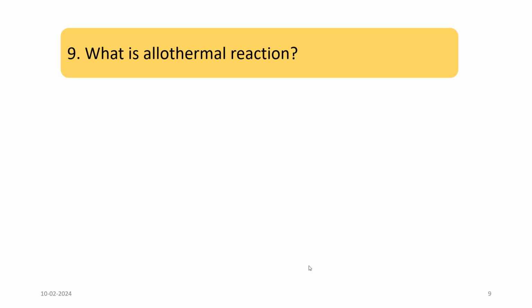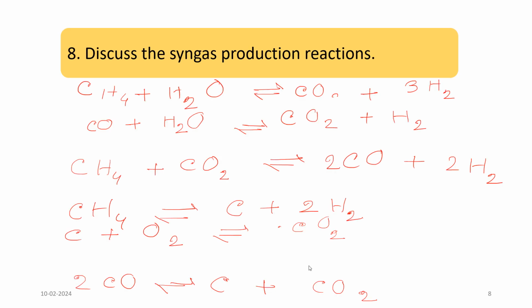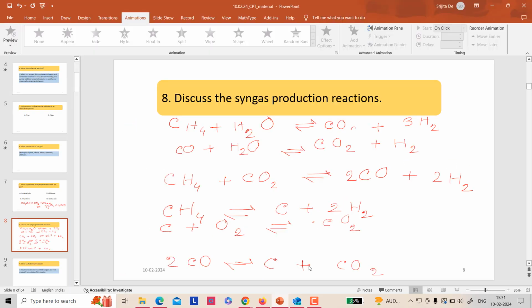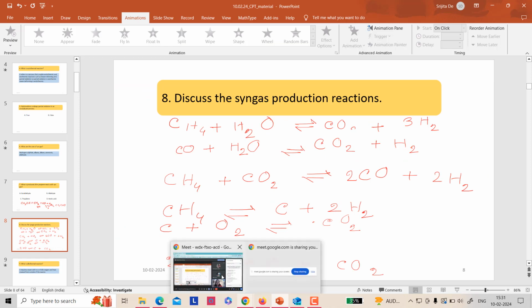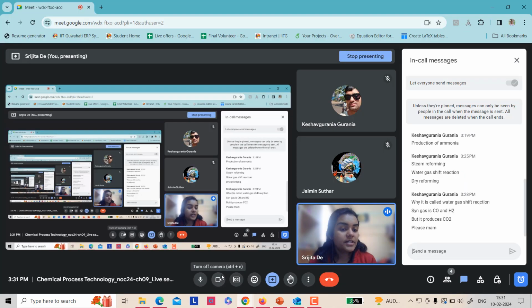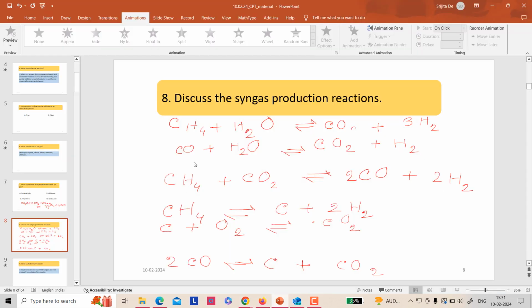So, answering your question, what is the water gas shift reaction? When we are producing CH4 plus H2O to give CO plus hydrogen, that is syngas. Suppose we want to produce more hydrogen and we do not want carbon monoxide here. Then we want to